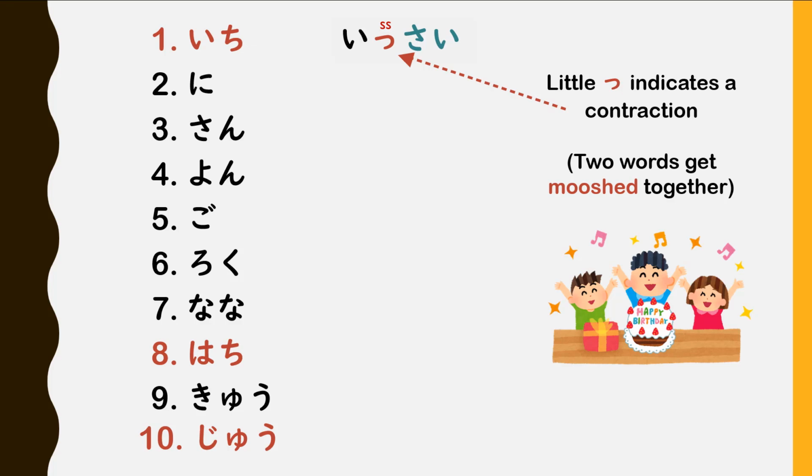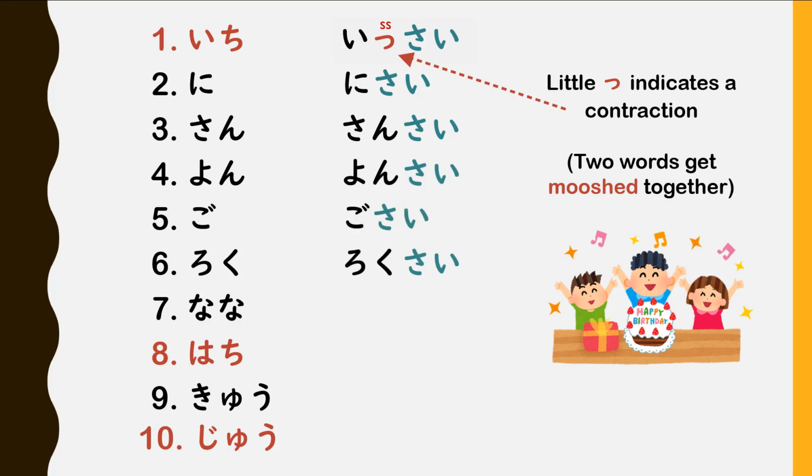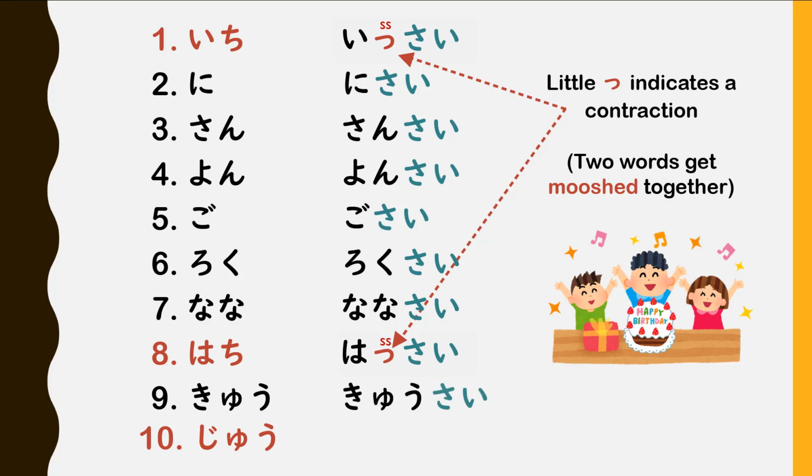It basically replaces the missing letter. And because the word after the contraction, sai, starts with an S sound, the little tsu gets pronounced with a strong S sound too. Let's start again from the top. 1歳、2歳、3歳、4歳、5歳、6歳、7歳、8歳、9歳、10歳